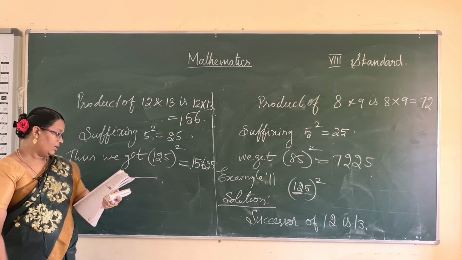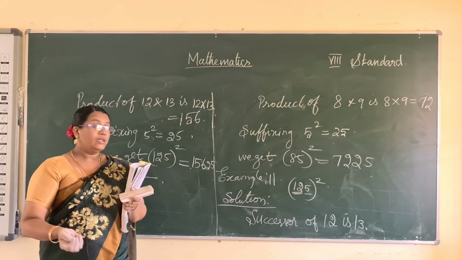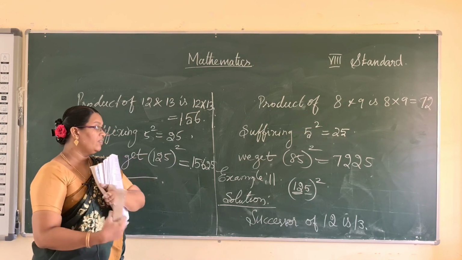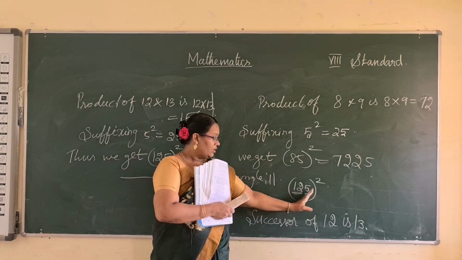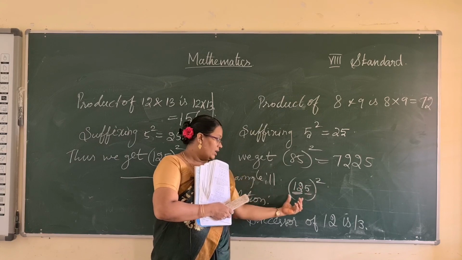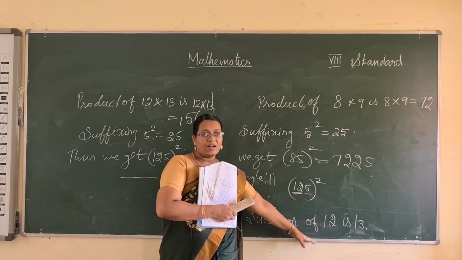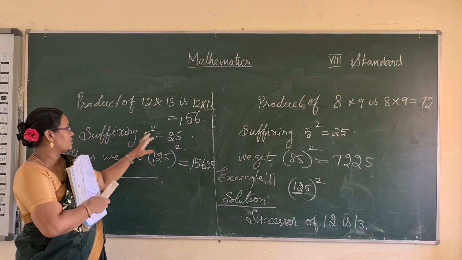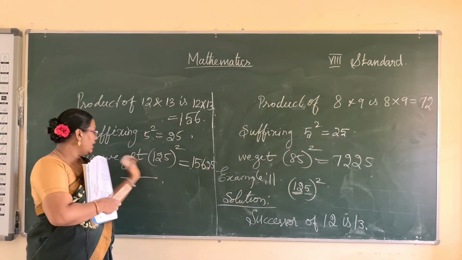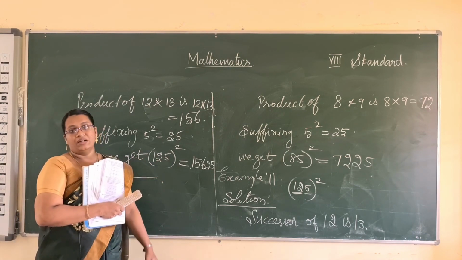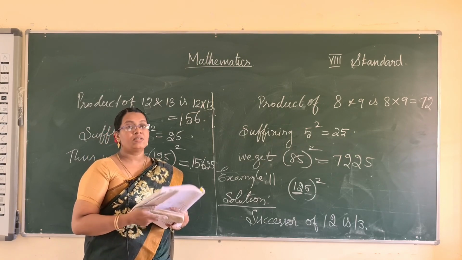15,625. That's all. Okay, I hope you all understand the 3 methods: column method, diagonal method and shortcut method. The shortcut method is the easiest one. First, leave the ending 5. Consider it as the suffix, then consider the prefix value and write the successor of the prefix value. After that consider the suffix, 5 square is equal to 25. After joining the suffix value and prefix value, we get the square value of the given number. Okay, I hope you all understood today's alternative methods of squaring numbers. Thank you, students.